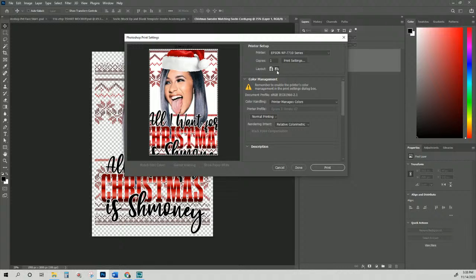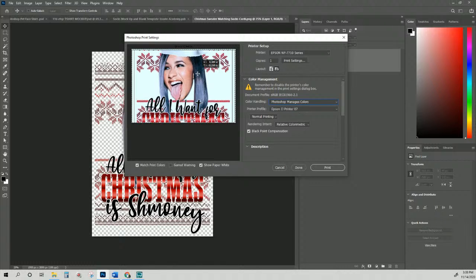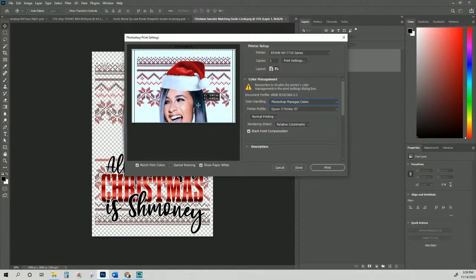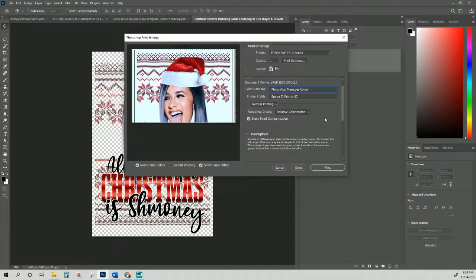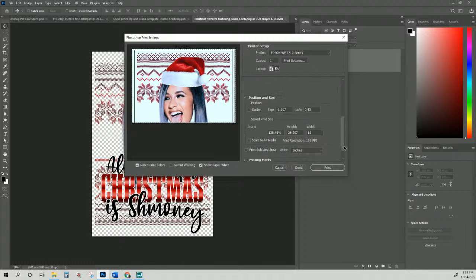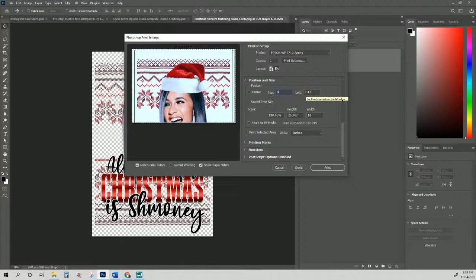Now, what I'm gonna do is I'm gonna tell it that I wanna print this layout wide. Of course, y'all know we choose Photoshop manages the colors, and I use Epson Inkjet Printer 07 as the printer profile. All I'm going to do is move this down. Okay. Now, when I go and I check the position and size right now, it's still 18 inches wide, and it's going to tell me my top and my left. So if I tell the top to be 0 and the left to be 0,